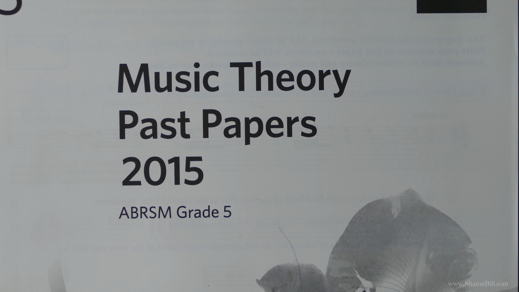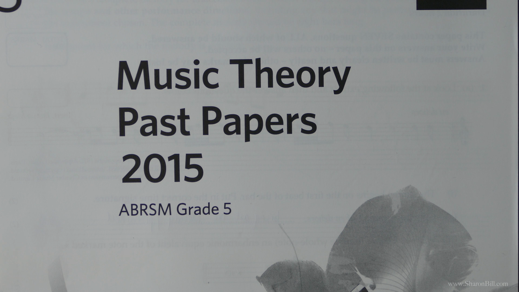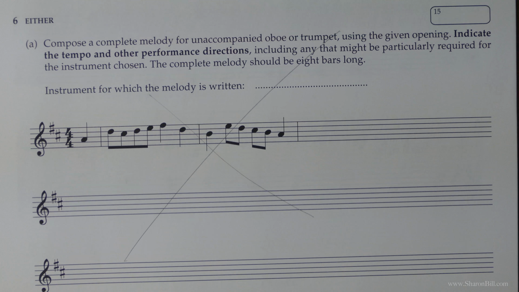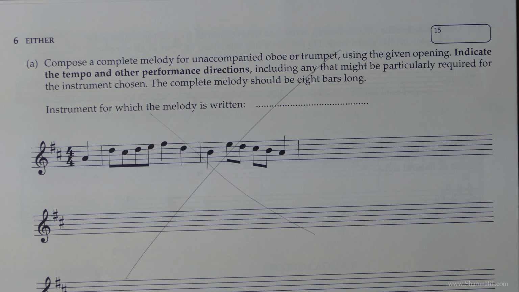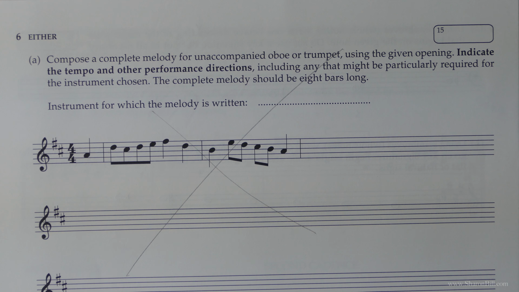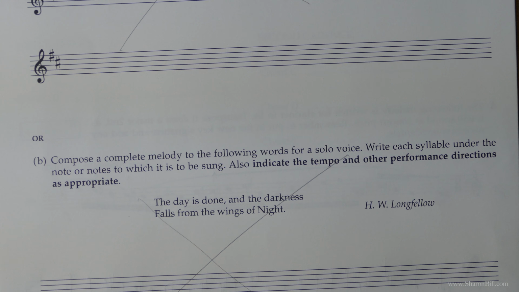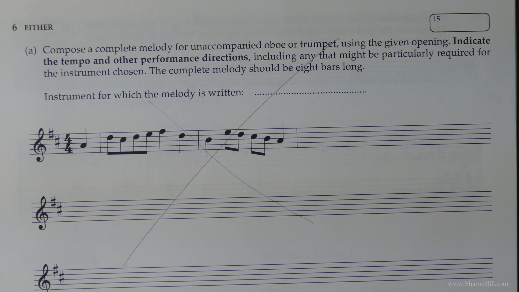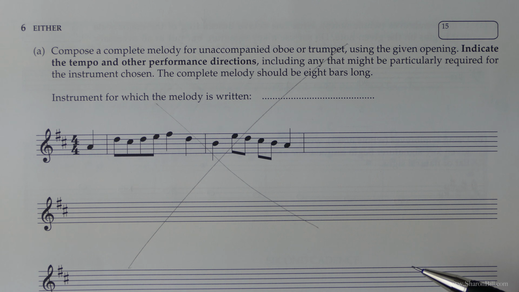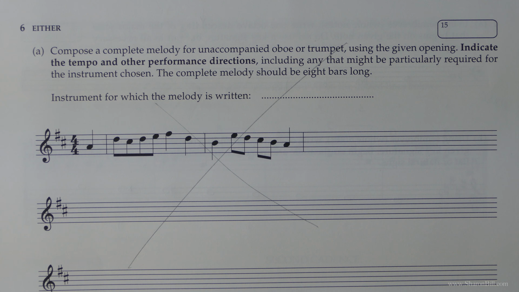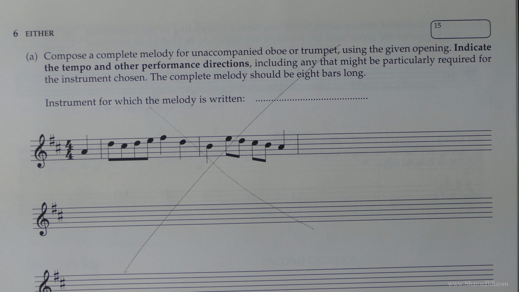And now we're going to go ahead and complete the 2015 Grade 5 Paper B. So we skipped question 6 because from 2018 onwards, this is no longer part of the exam. You're not required to compose a melody, or compose a melody to words. If you are thinking of pressing on and going on to grades 6, 7 and 8, then I really do recommend that you work through these because they do crop up again in the later grades. But for grade 5, we no longer need to do that, and so we're just going to skip ahead